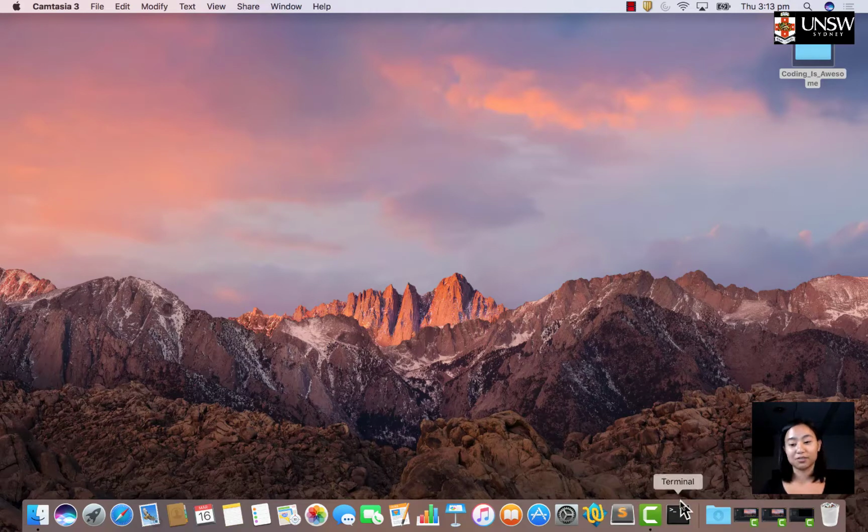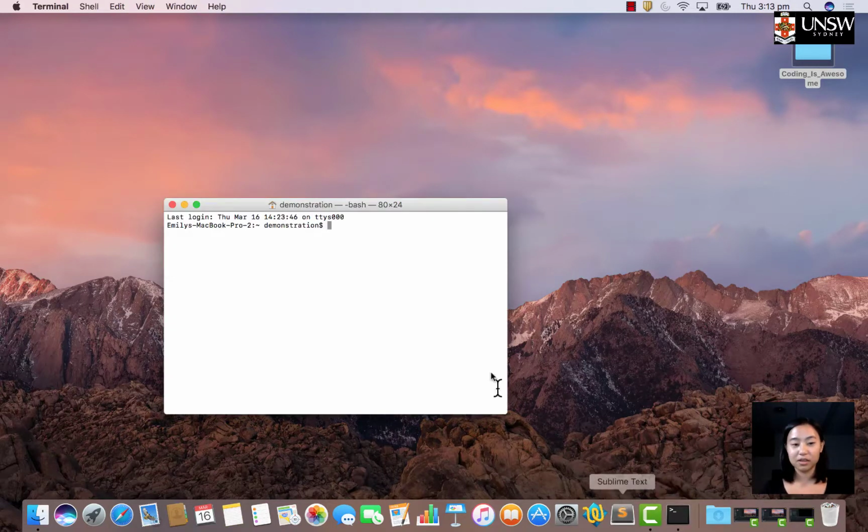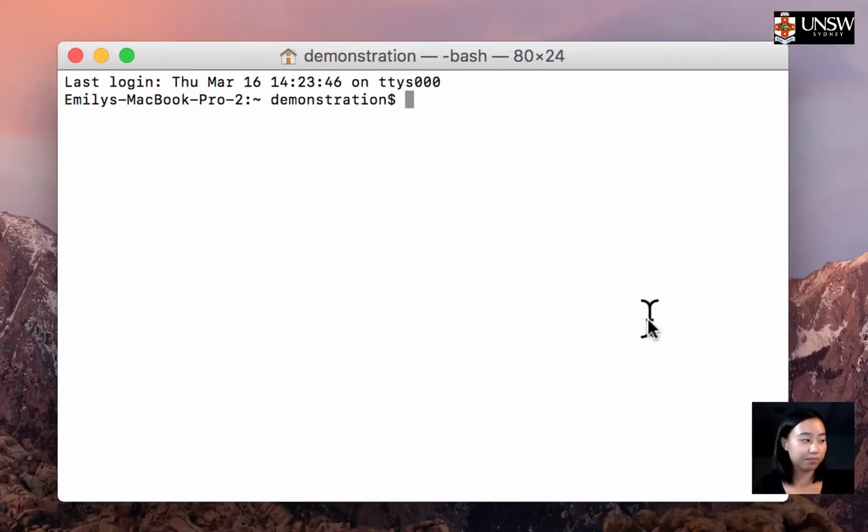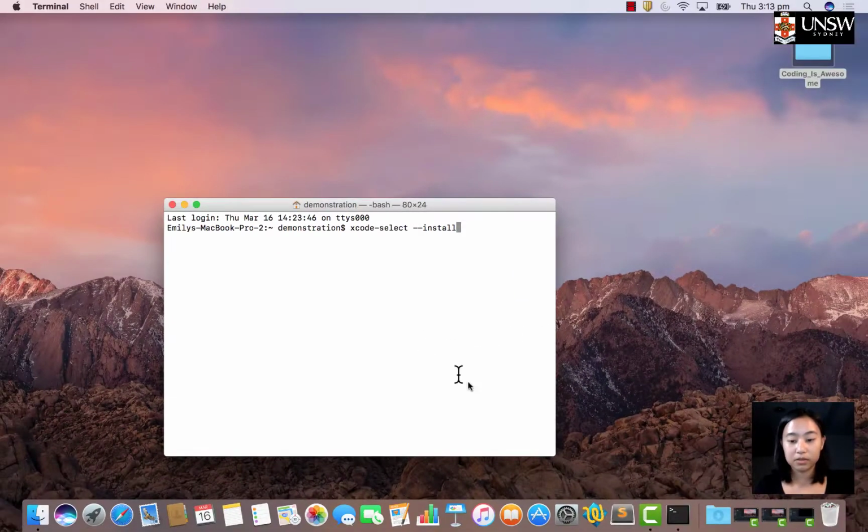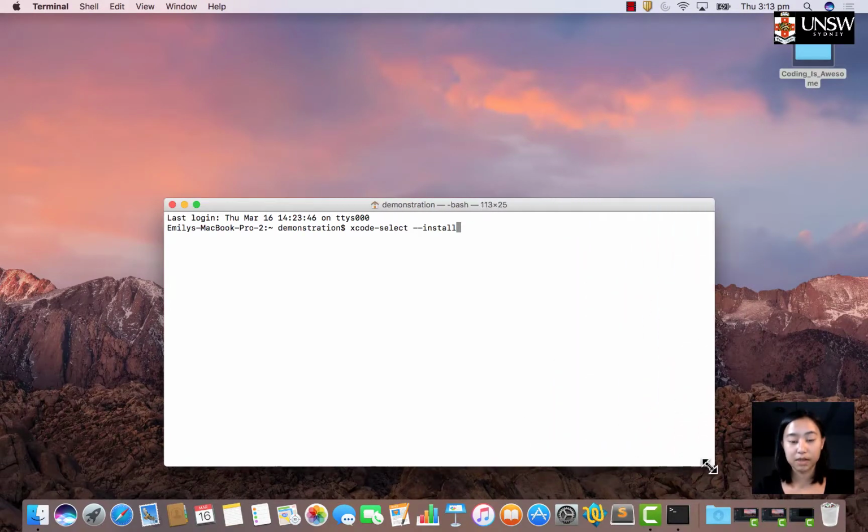So there are two ways of downloading these tools. The first is through your handy terminal application. So go to terminal, and then you'll have to type in the following command: xcode-select space 2 hyphens and install. The important thing here is that you have 2 hyphens before the install and the space in between select and the hyphens. Then you click enter,